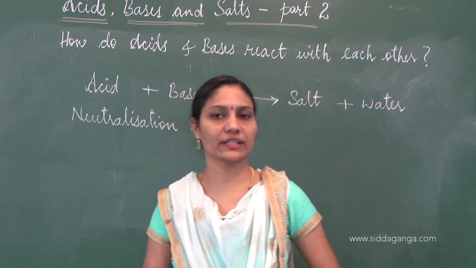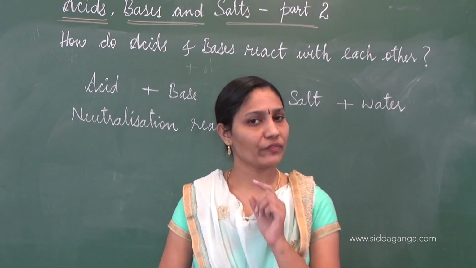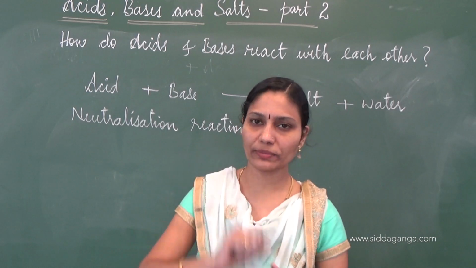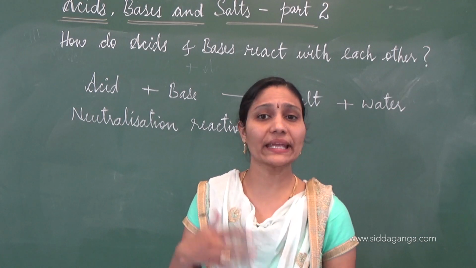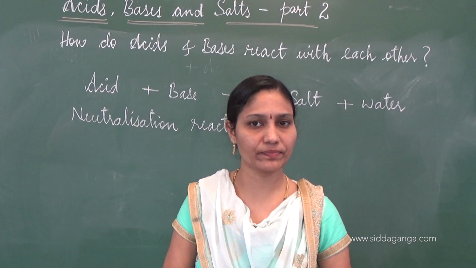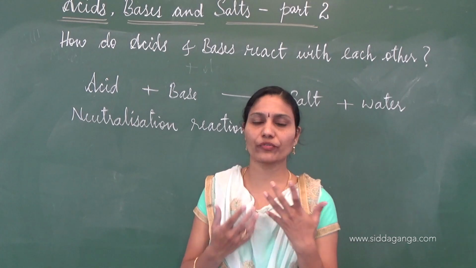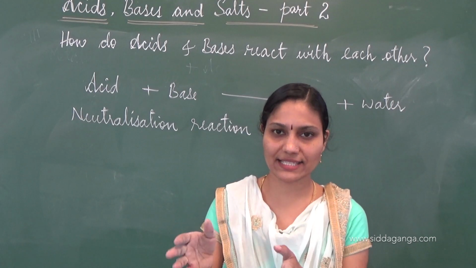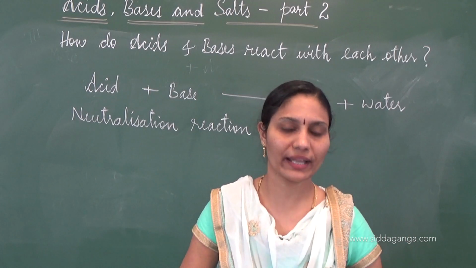So what do you observe in this, dear students? What is it that you got to know out of this? What we did: initially we took some 2 ml of NaOH, and to that we added phenolphthalein indicator, and we know that phenolphthalein indicator gives pink color, dark pink color, because NaOH is a base. Upon adding HCl it became colorless. That is, the action of the base NaOH was nullified by HCl. HCl is an acid, NaOH is a base. So the action of base NaOH is nullified by HCl.